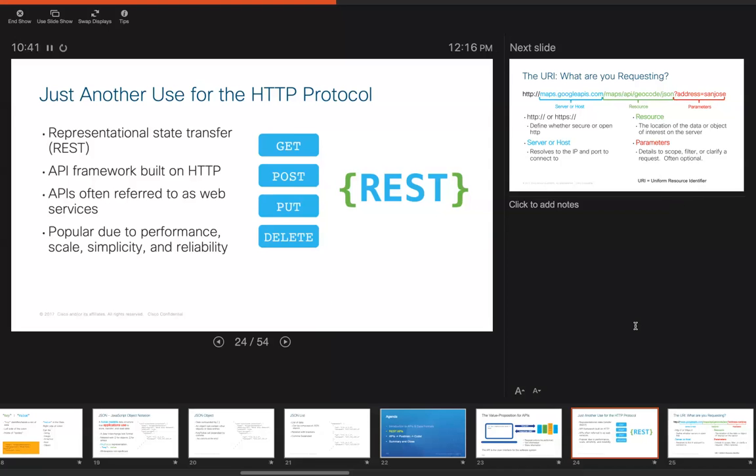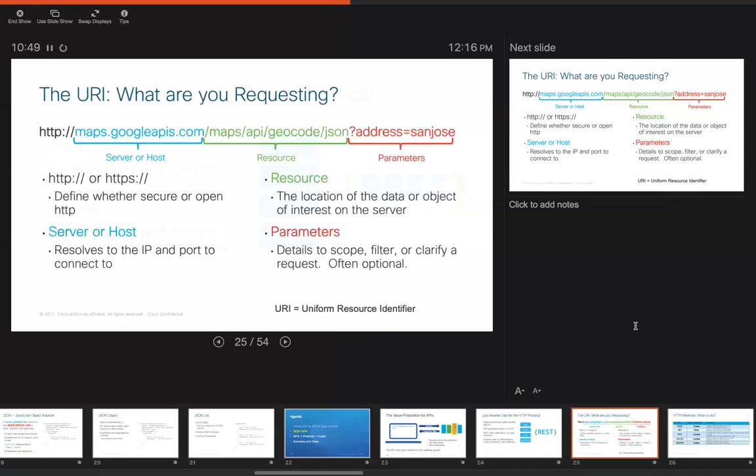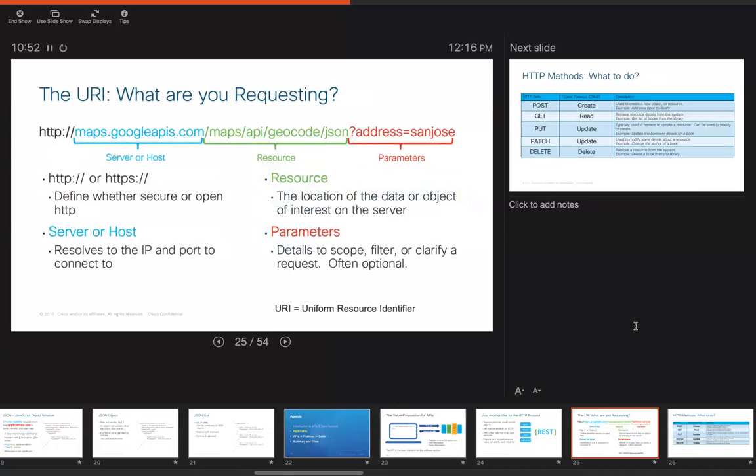Again, it has become more and more popular just because it is easy to use and very simple to use, because it is based on a protocol that we are already very familiar with. As a matter of fact, if we look at this particular URI, the Uniform Resource Identifier, we can already see a lot of similarities to what we would consider a URL. In blue, we see we're calling a server, just like www.cisco.com. In the green there is a resource, a directory within that server that we're going to get that information from. And in the red, we have some parameters, something we might be filtering on to get a specific piece of information we're looking for.